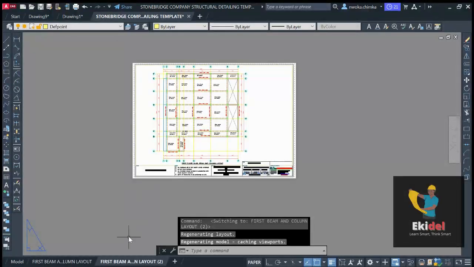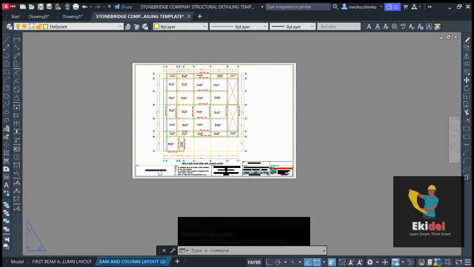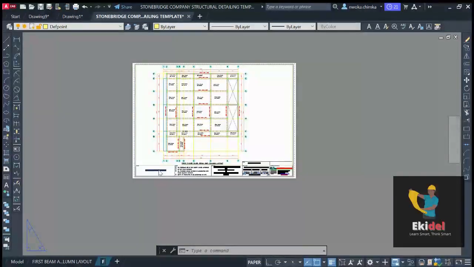Once this shows, just right click on this place and say rename. What we are about to do is the first floor beam detail. So just say first floor beam, first floor beam